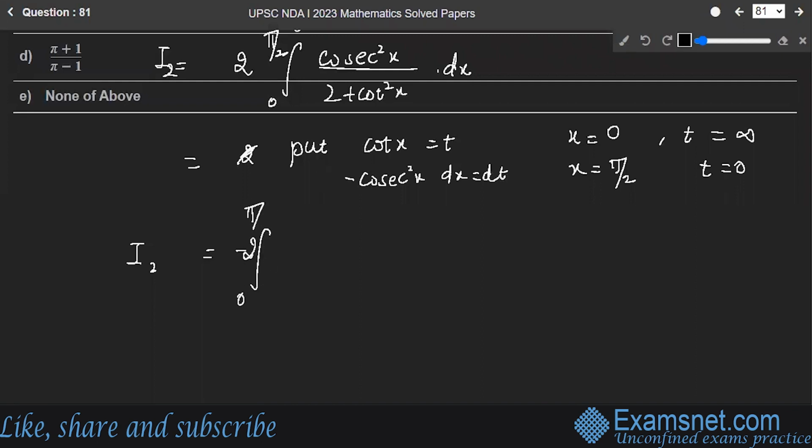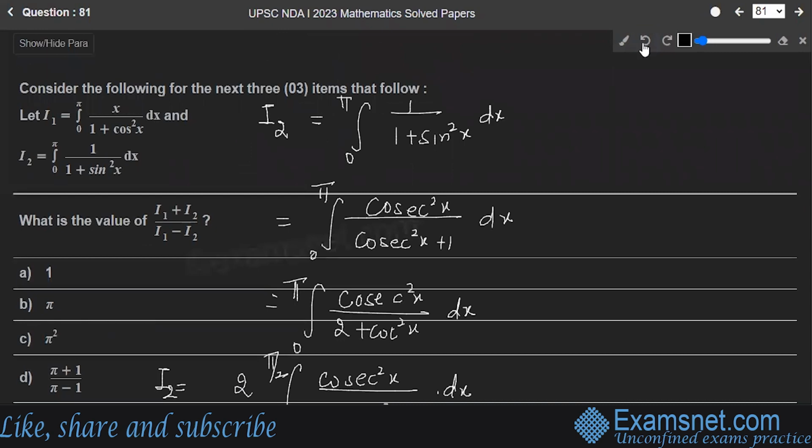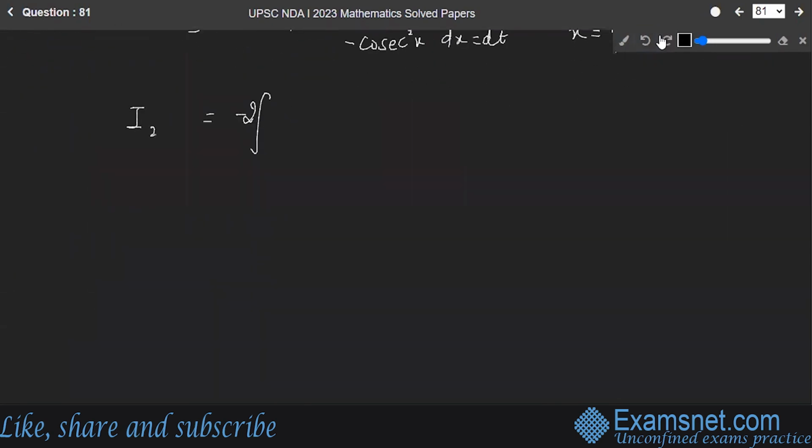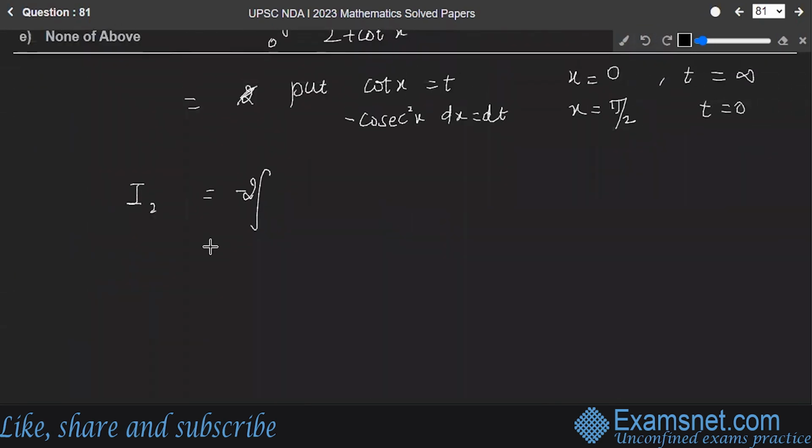Now the limits are not from 0 to pi, they have been changed. The limits are now from infinity to 0, dt upon 2 plus t square,